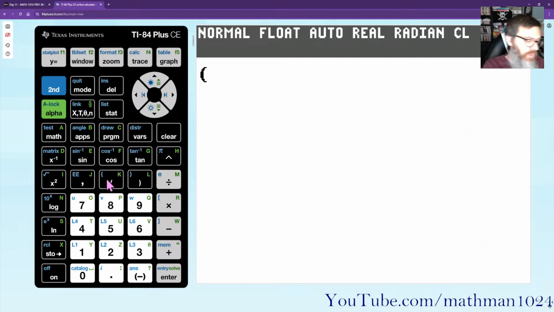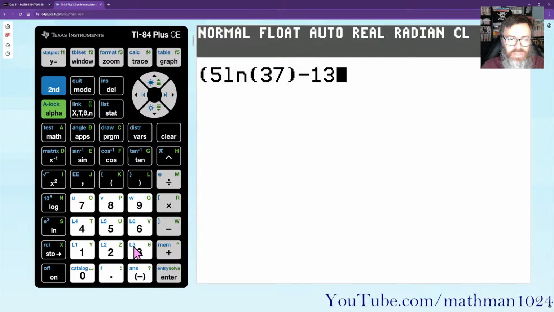Open parentheses for your big numerator. So we have 5 natural log of 37. Close the parentheses for the natural log, but you still have the big open one for being in the numerator. That's fine. Minus 13 natural log of 23. Again, the natural log opens parentheses, you close it. So I've closed the natural log. Now I need to close the numerator because I'm done with writing both of those terms. Divided by,